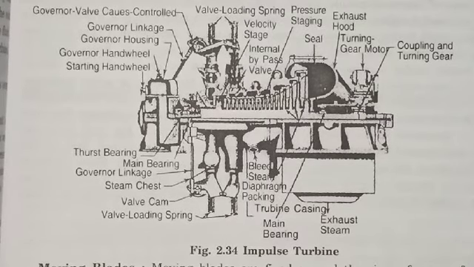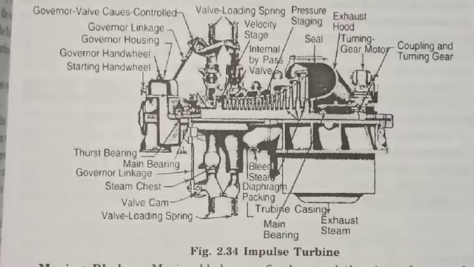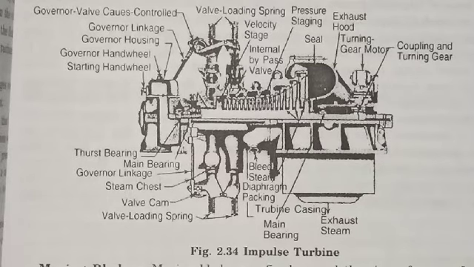Now the impulse turbine has moving blades, or you can say moving buckets. If we consider the Pelton wheel turbine, which is a very good impulse turbine in our present market scenario, the buckets move when the high velocity jet leaving the nozzle strikes them. Obviously it is mounted on a wheel attached to the shaft.